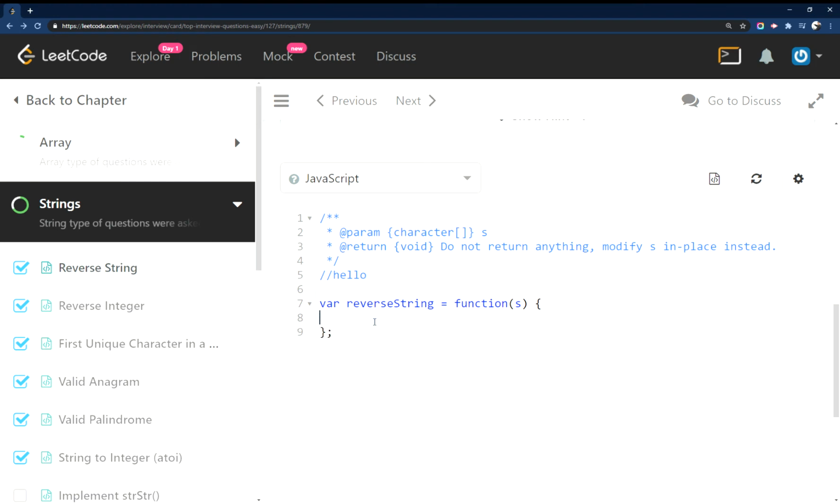So I'll show you how to do that here. Let's initialize these. I'm initializing a start of the string and an end of the string. In this case, start can just be 0 because that will be the first place in the string. And then using a while loop,